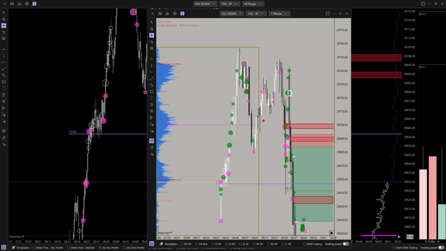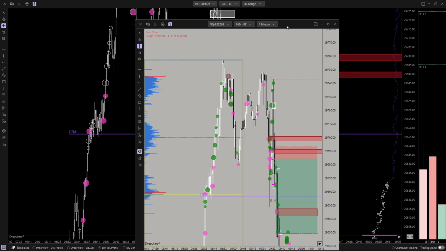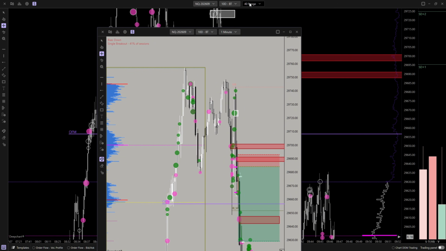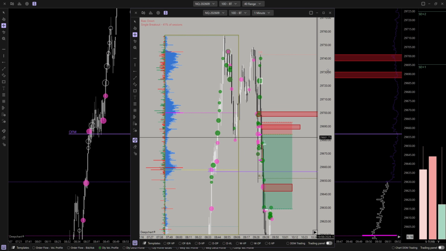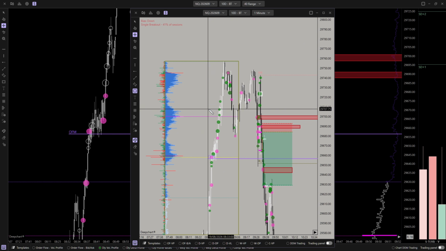This is on the 1 minute, by the way. It was in line with POC, so it was also aligned with the higher time frame technically, in terms of intraday alignments with 40 range. On the 1 minute, we had POC alignment with the refill zone. Just looking at that right now, I don't actually use this. I'm just saying that this would have been a really clean trade. This was why it was a really clean trade for the shorts.